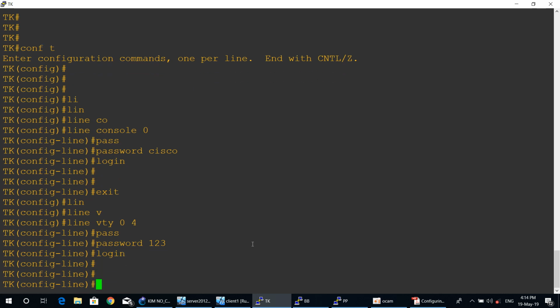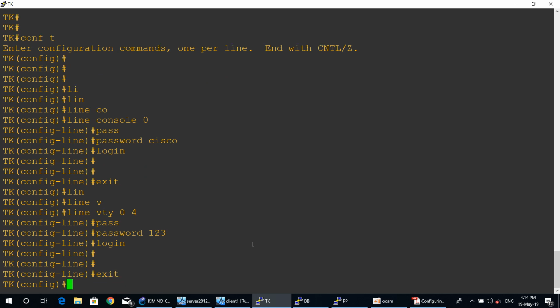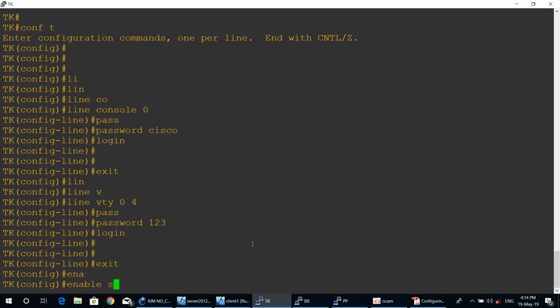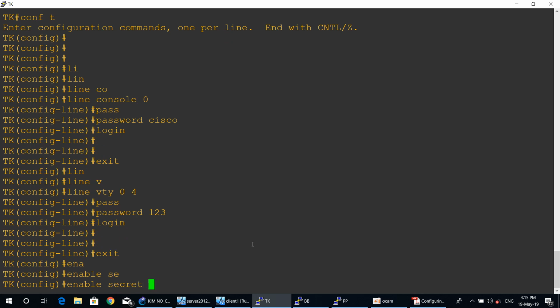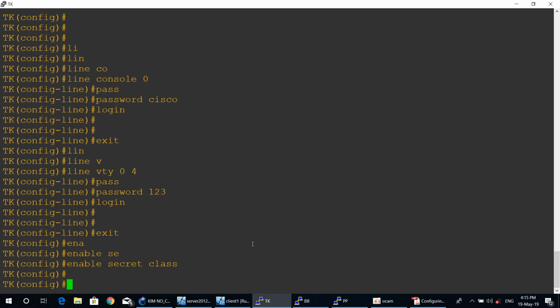Okay, and then we type command exit to exit from the specific mode and then start config enable secret password with the command enable secret class. Okay, I input the password class. Okay, now we finish config the password on the router TK, so we will move to config password on the